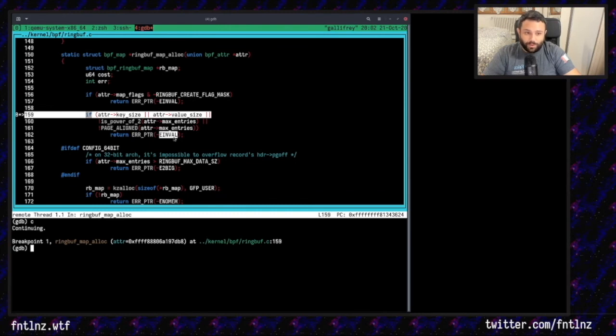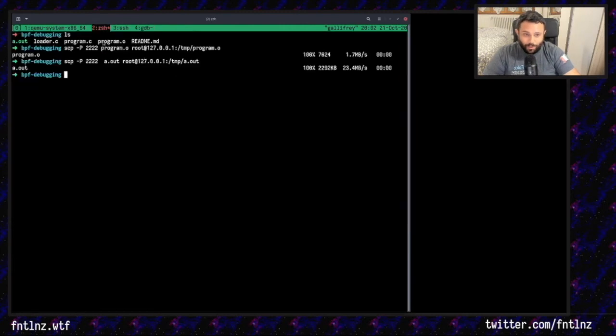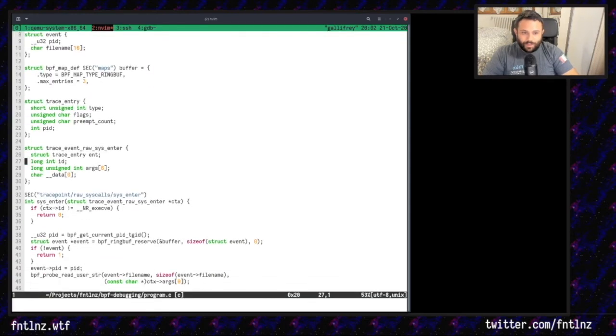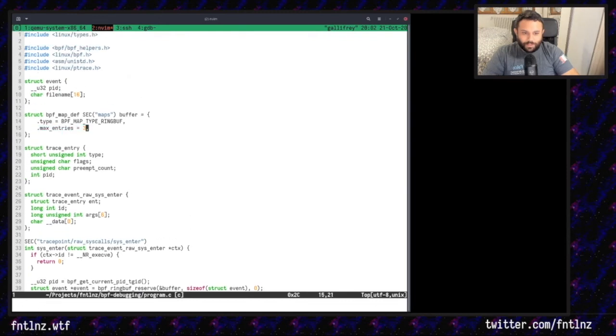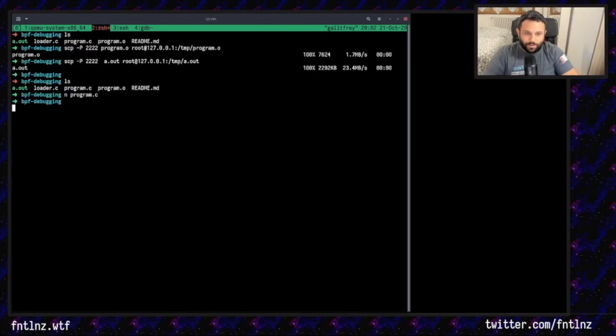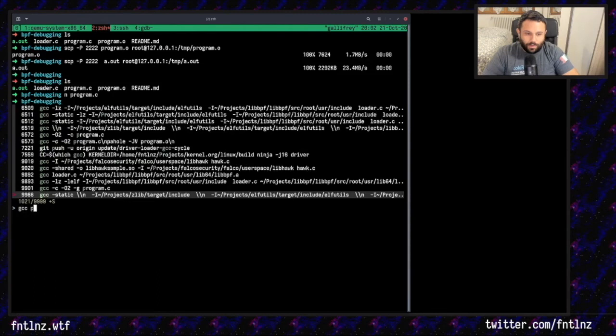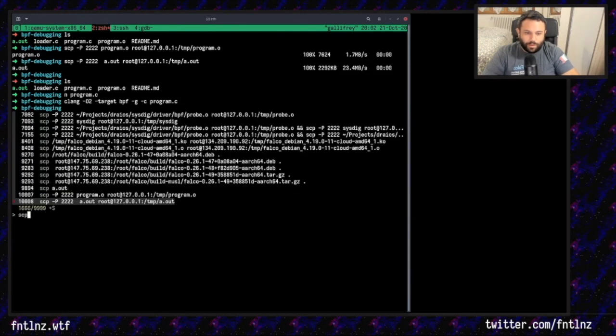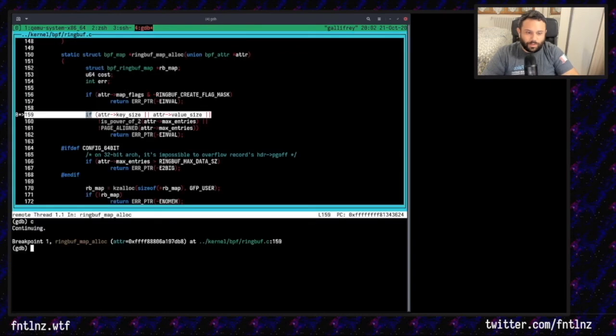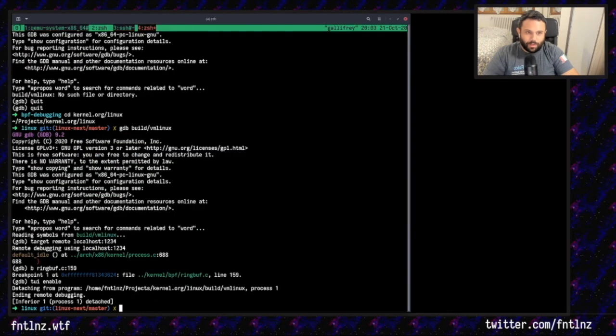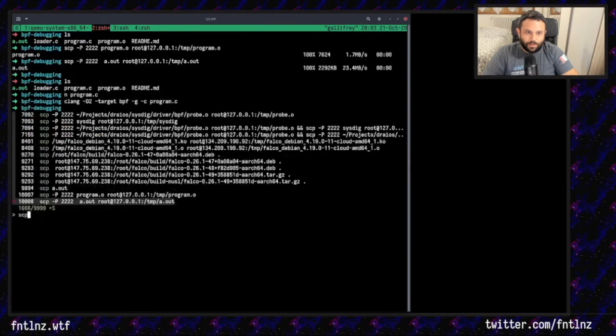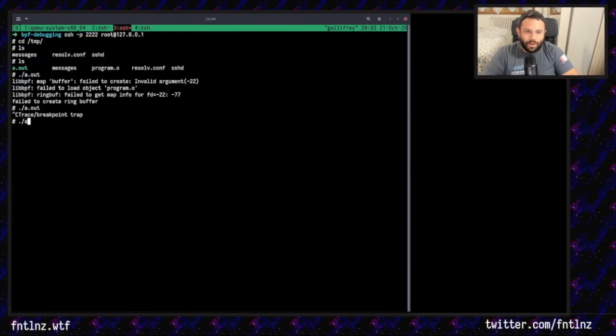And this one is the actual one, because after looking at the code we immediately noticed which was the error in my program, which is that I basically put max entries that is not a power of 2, so just putting 4096 is going to work. Clang, the program, SCP. I might just need to stop this and continue here and maybe quit so that I don't stop anything. And here I can just copy the program again, and now a.out